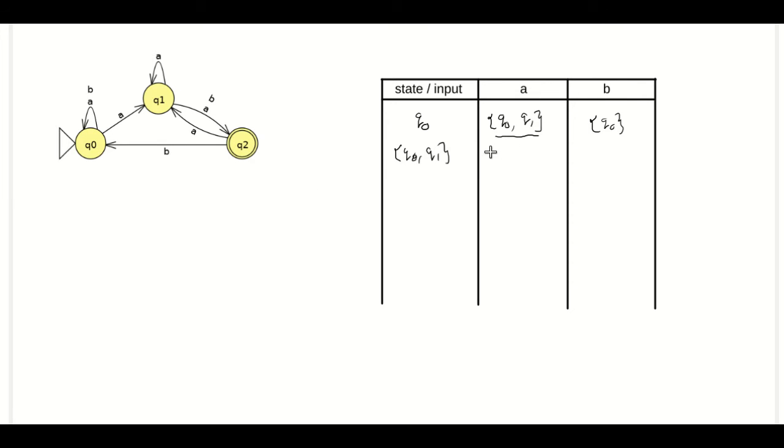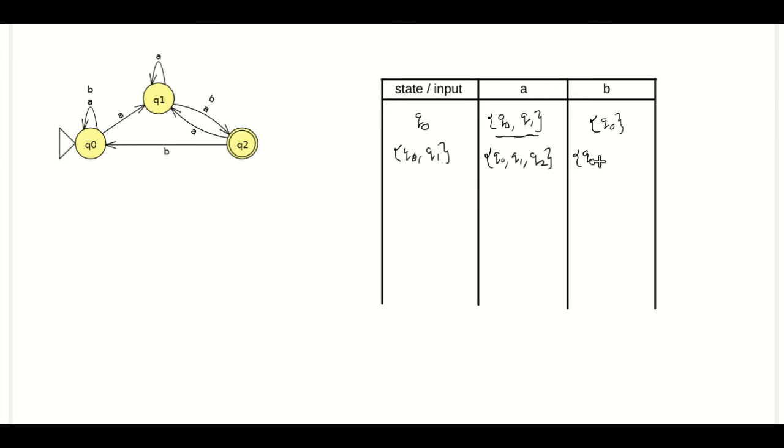Here is how we write the transition: we got two states in the set. First we write the transition for Q0 on A, then the transition for Q1 on A. Q0 on A, it is clear that it is going to state Q0 as well as Q1. And Q1 on A, we are remaining in state Q1. Q1 is already written here. Since it is a set, we don't need to write Q1 again. And from Q1 on A, the automata is going to state Q2 as well, so you note down the state Q2 also here.